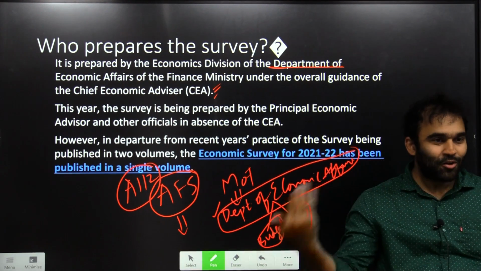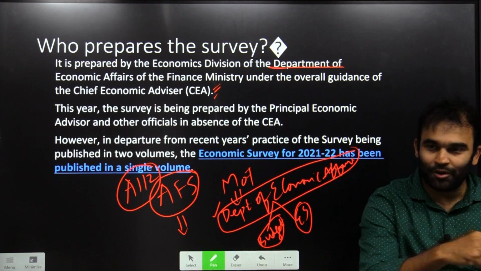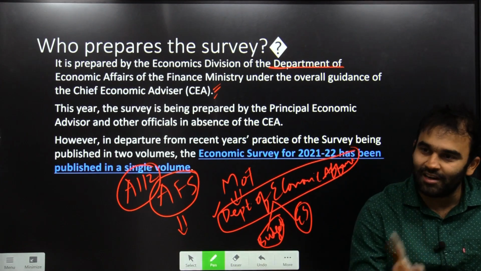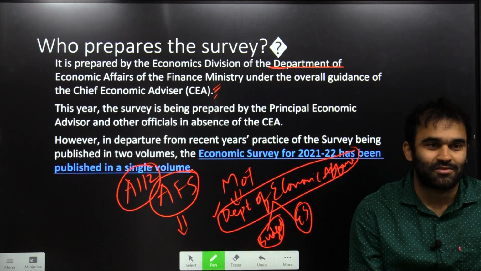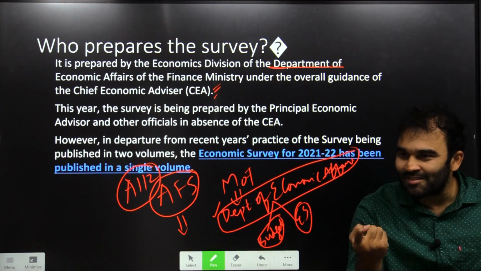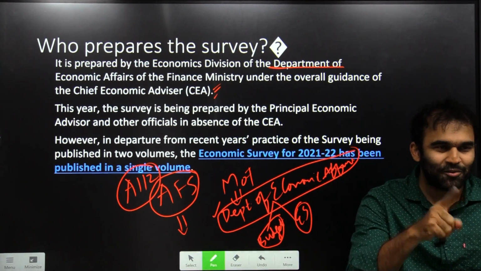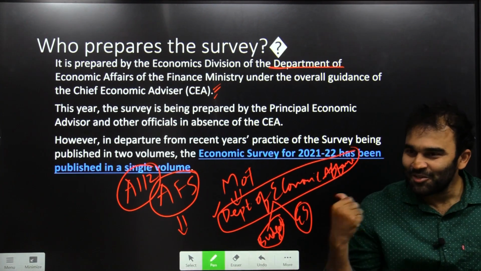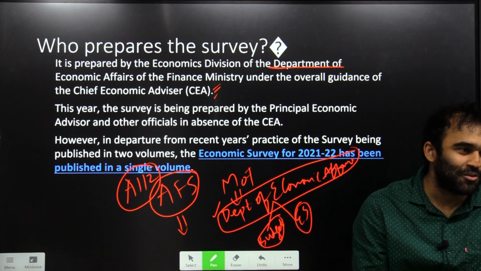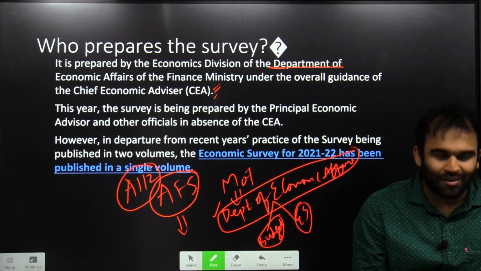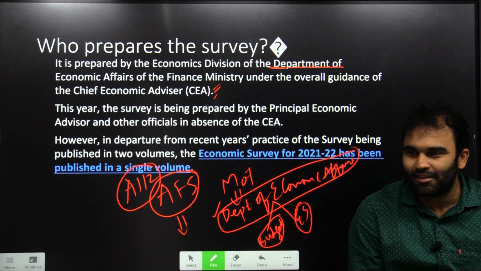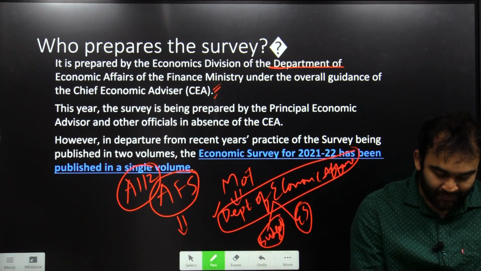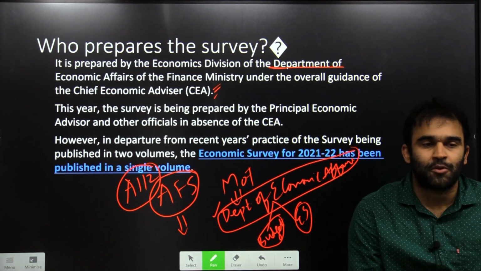If the question goes wrong, what are you going to give? Your life. Then you will hardly bet on 10 questions. The rest of the 90 questions will be intelligent guesses. So our intelligent guess tells us that the annual financial statement is 112, so somewhere around 112, or 111 or 113, plus or minus one provision should talk about the economic survey. But you have to do such things, or else you won't be scoring marks. Intelligent guesses are the need of the hour. But remember that it's not the constitutional responsibility of the government.